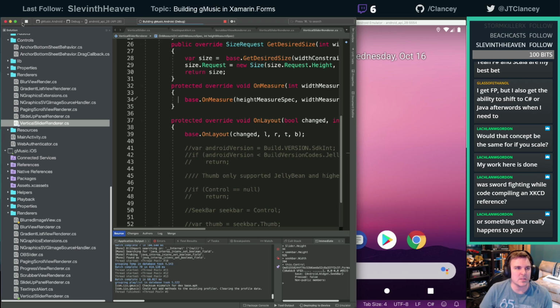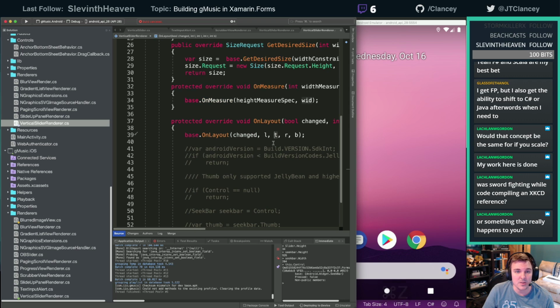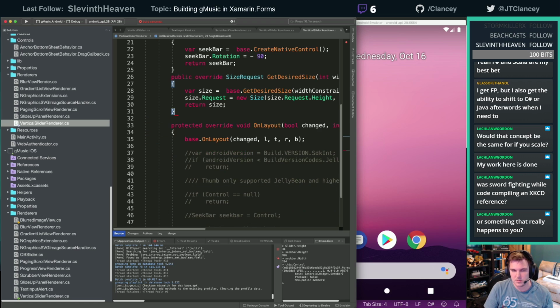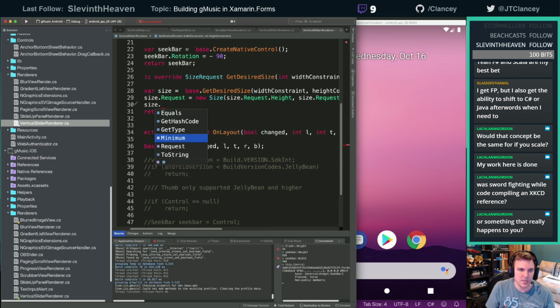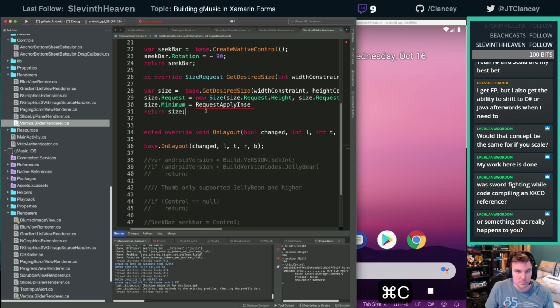Oh, no, no, those aren't right. Those could be wrong. I don't know how to switch those around. I thought that request would have done it. Size dot minimum equals request, or size dot requests. Let's see what happens.